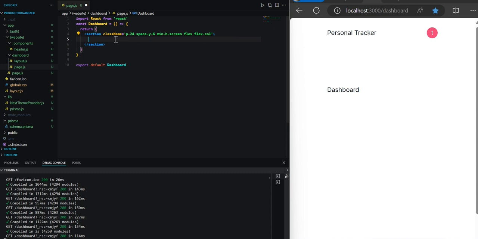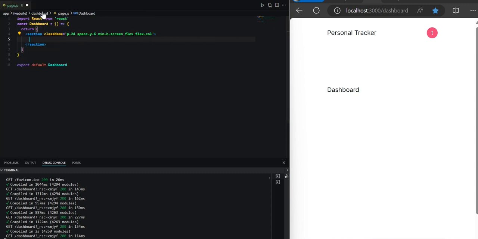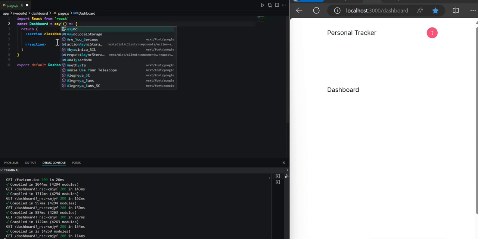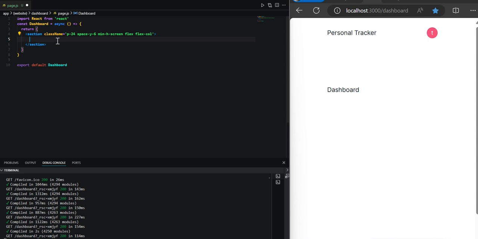So let's go back to the page.js. That's the dashboard page, or that's within the dashboard directory. So inside of this is where we want to store the categories. And then what we'll do is we'll have the ability to click on a category. And once we click on the category, we'll be able to see all of the products that are associated with that particular category. So first, let's go ahead and mark this file as async,